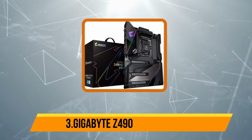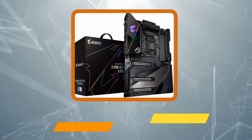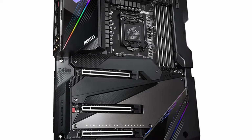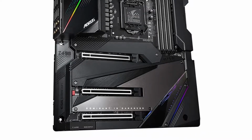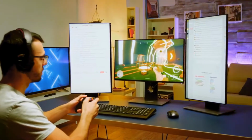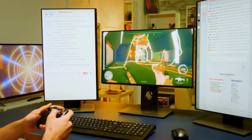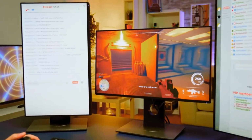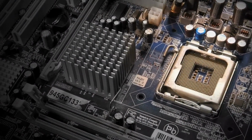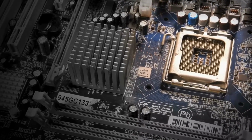Our third product is the Gigabyte Z490 Aorus Xtreme. It uses the larger EATX form factor along with the Intel Z490 chipset and the Intel LGA 1200 CPU socket. As for its performance numbers, this motherboard supports up to 128 GB memory at up to 5000 MHz. While it only has 3 expansion slots, all of them are x16 slots for high-performance devices. This motherboard covers up its lack of extra expansion slots by offering triple M.2 SSD slots and 6 SATA ports. One of the best things about going with such a premium motherboard is the connectivity options offered by it,